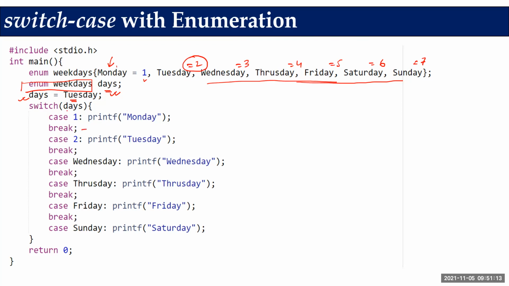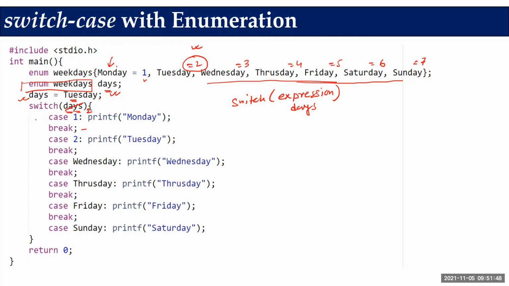So I'm putting this enumeration in the switch case expression. See, this is the expression. If you remember the syntax, switch expression. In the expression, what am I using? The enumeration days. What is the value of days now? Tuesday. Tuesday means 2. And 2 is an integer, so I'm satisfying the criteria. The days type is an enumeration designed on top of integer, so it will come out with the value 2.